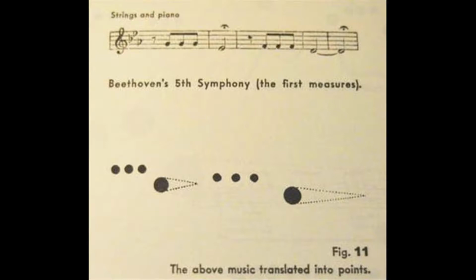Now, in the book, this is a great example of very early visual language. So he took Beethoven's Fifth Symphony, where you can see the notation at the top, and created a new visual notation at the bottom. Everybody's familiar with this? Everybody, you want to do it with me? Dun, dun, dun, dun, dun, dun, dun, dun. Okay, you don't have to.